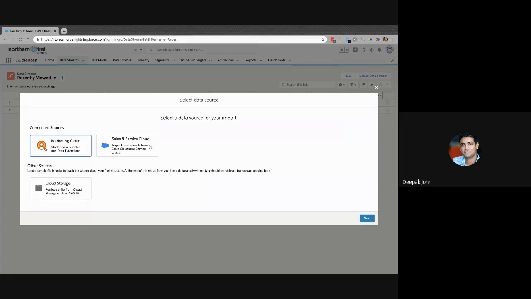Then you've also got Sales and Service Cloud, which brings in your standard Salesforce objects, cases, accounts, contacts, that sort of thing, and brings that data together. You could also bring in third-party sources at the moment through AWS S3 buckets. You would also have a streaming API to directly bring data into the platform as well. So in the wizard, hit next.